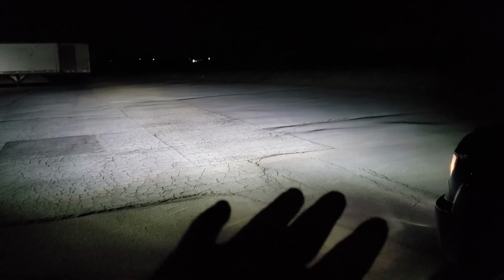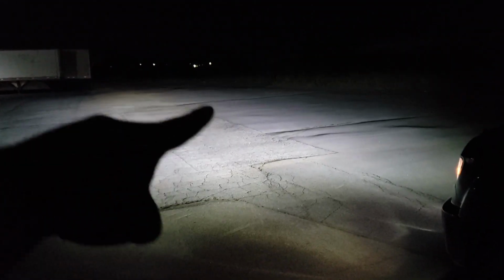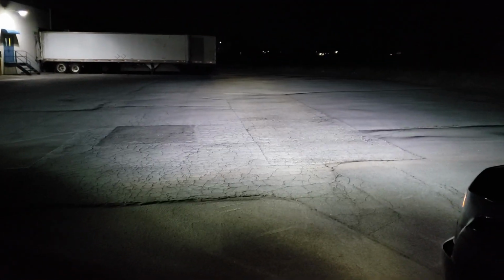Okay, so now this is with the fogs on. The fogs are 6000K LED. What was dark here earlier is now completely bright, and it actually creates more of a dense lighting in that mix right there with the fogs on, right? Fogs off. It covers much more of the shorter distance, so it makes it seem like the